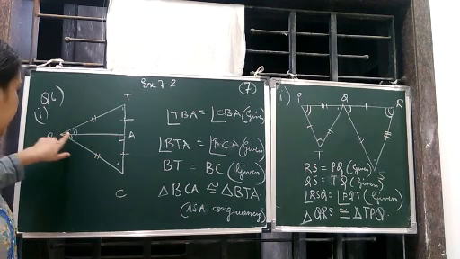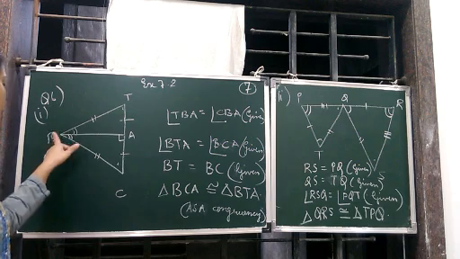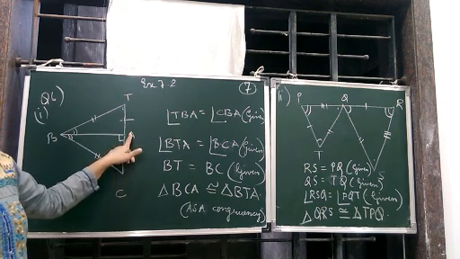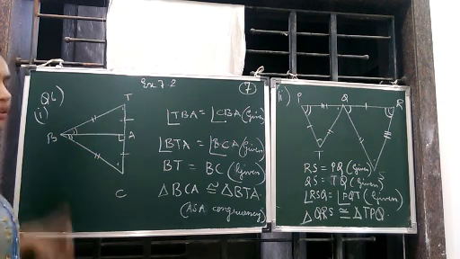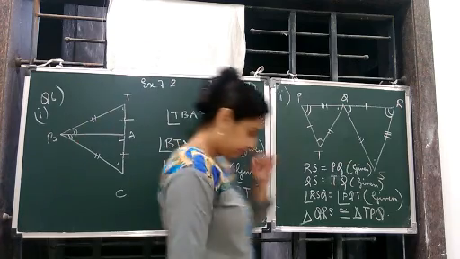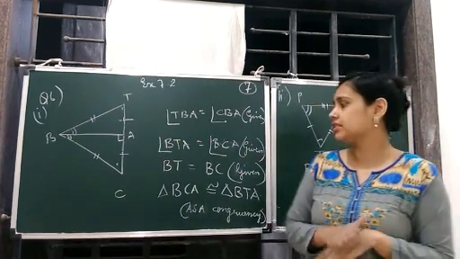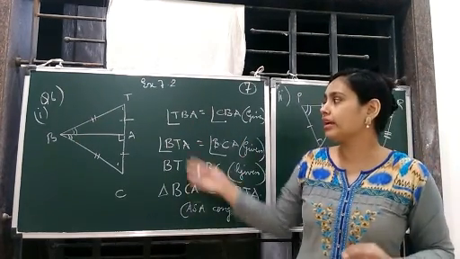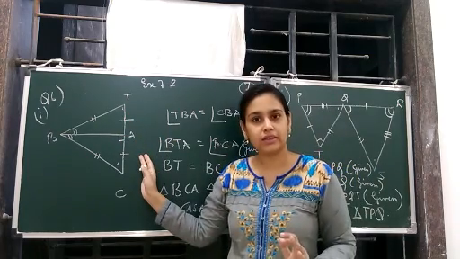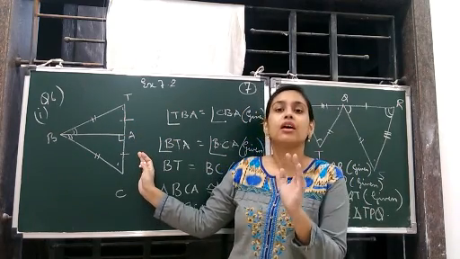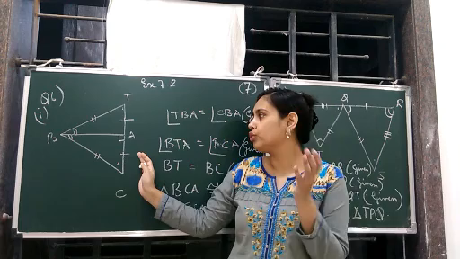These two angles are equal. These two angles are equal. And this side is also equal because it is common. BA will be common for both the triangles. So many things are equal. Now you can use any three things to prove the